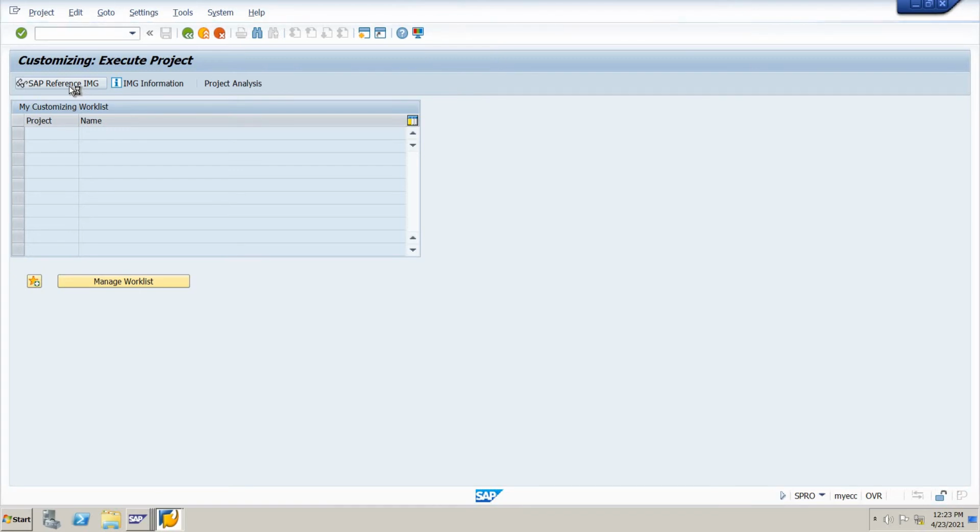So now we are in the first SAP F5 sub-module called general ledger accounting.